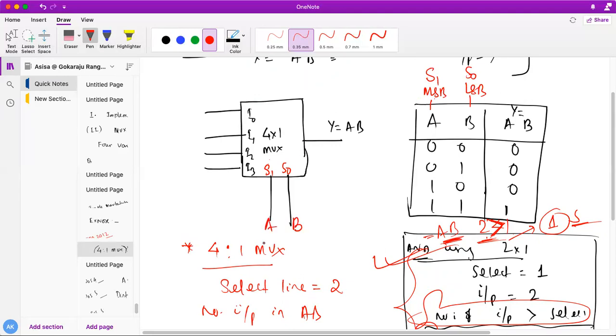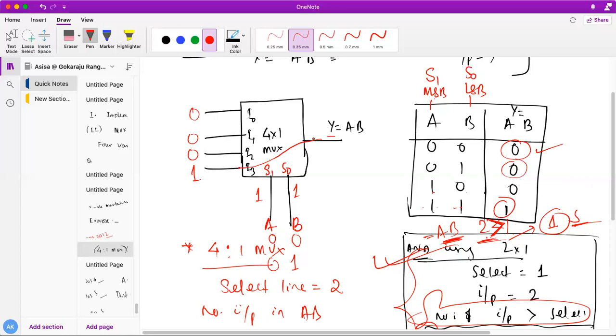Now tell me one very important concept. If A is 0, B equals 0, what input will go to the output? I0 will go. If I put I0 equal to 0 over there, then I will get my Y output equal to 0 for AB equal to 0 0. Now tell me, if I put 0 1 here, what will go? 0 will go. For AB 1 0, I'll get 0. For 1 1, 1. So now you see here, any input you give, let's say 1 1, what should be my output for AB 1 1? Output is 1. So is it going, students? So this is the very funda, very easy.